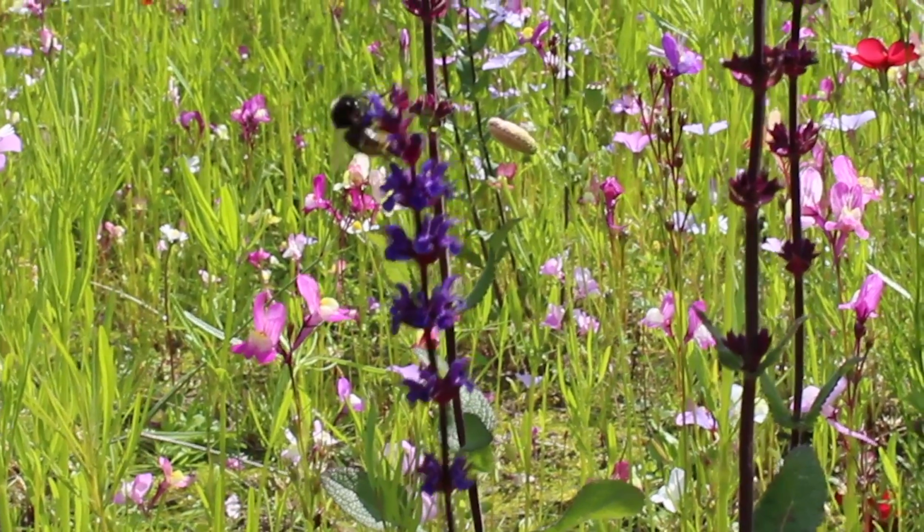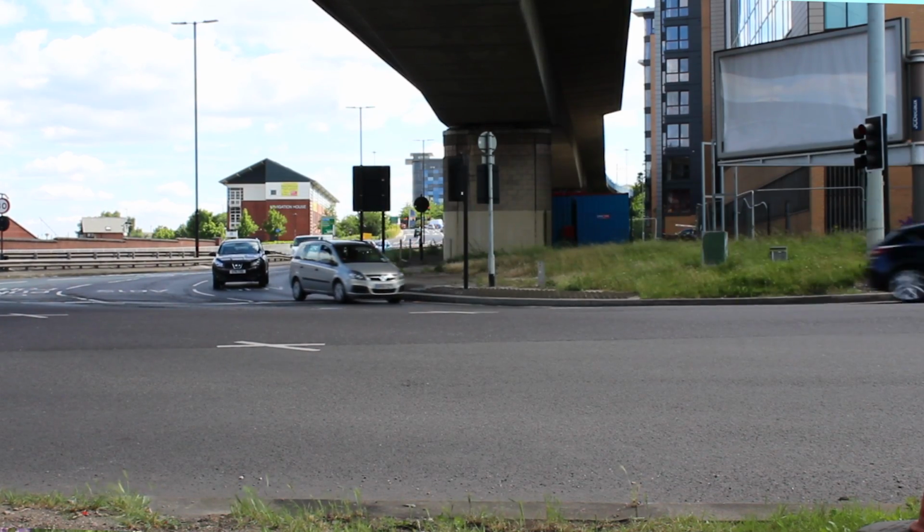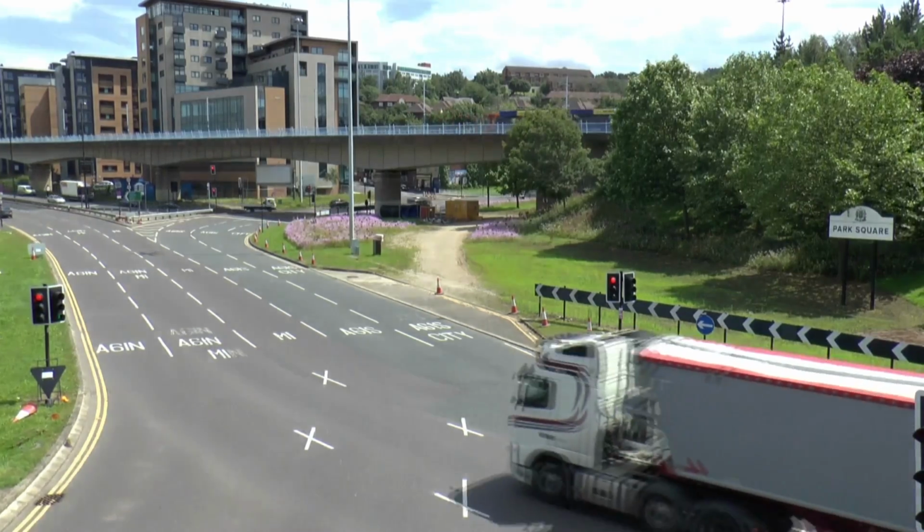On a roundabout, a city centre roundabout, and like all real urban situations, there are many problems associated with them. I mean, pollution, really disturbed ground, there's no proper soil here. We've had loads of disruption, people dumping things on here, cars coming onto it by accident or by intention. It's a really challenging site, but also this is so visible. It's the gateway to the city, tens of thousands of people see it every day, so it gives us huge